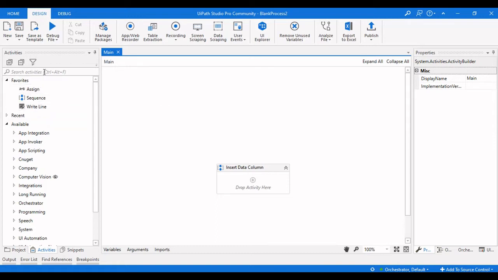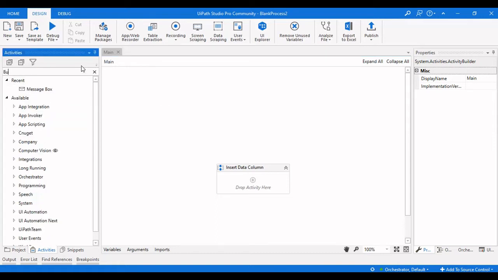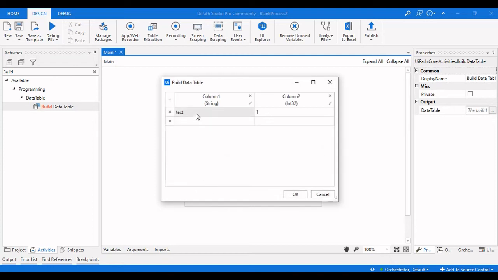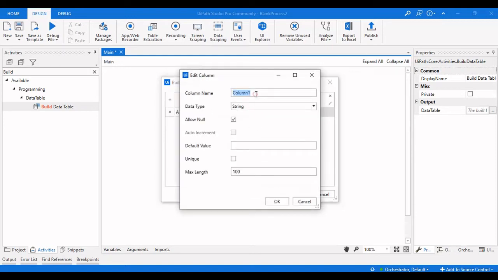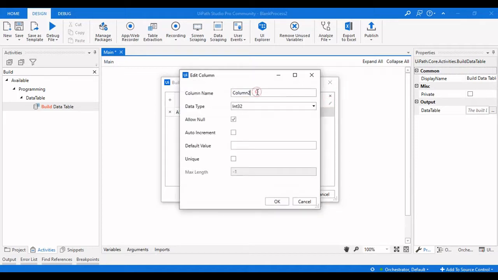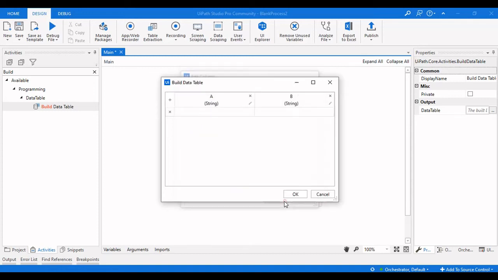So the first thing that I need to do here is take a build data table activity to build the data table that I'm going to create now. Let me take some values here. Column A, and value will be A1, and the second one is column B, and it is a string type, so let me make that as string.